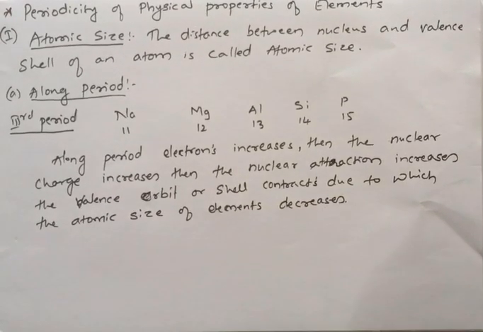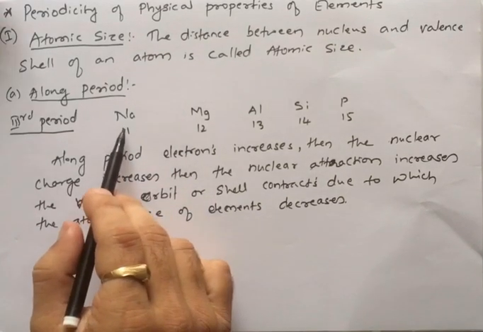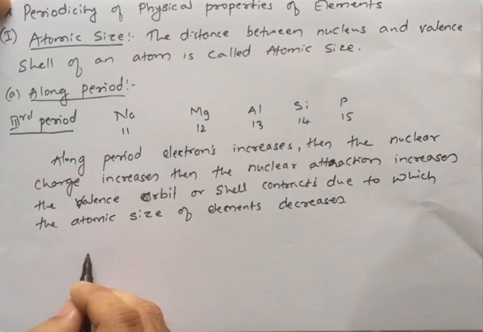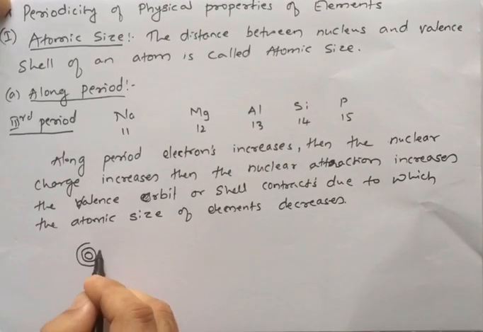Correct or no? See, if I draw a sodium structure, atomic structure, so there is 1, 2 and 3